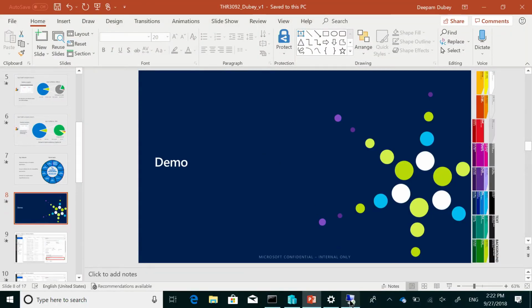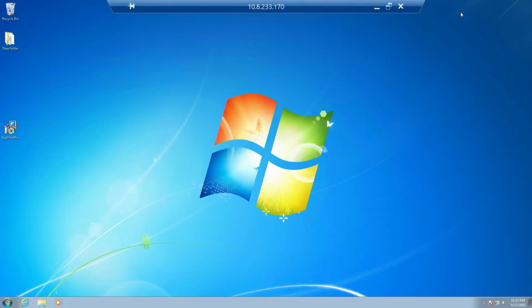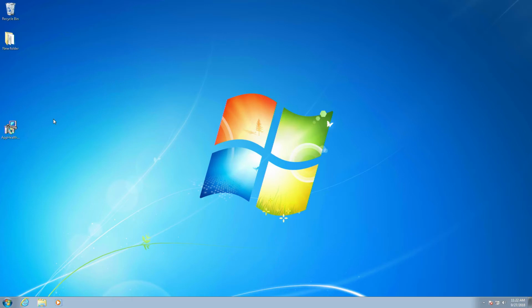What I've done over here is I've set up a Windows 7 virtual machine. I've installed a few sample applications on this device. You can imagine this as if you were trying to upgrade this Windows 7 machine to the latest version of Windows, and you wanted to know more about the applications on this Win 7 machine. I've already installed the App Health Analyzer tool. You can see there's an MSI on the desktop. We have created an MSI so you can easily deploy the App Health Analyzer tool on the devices in your enterprise.